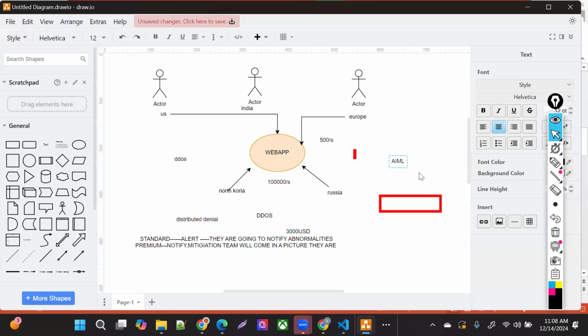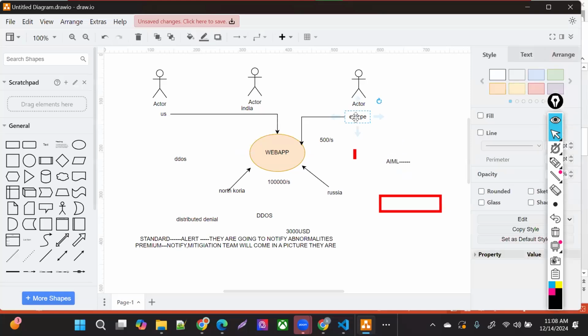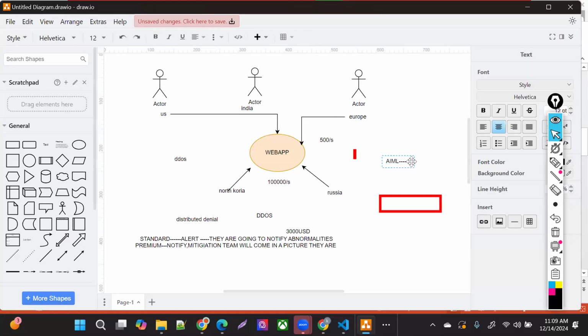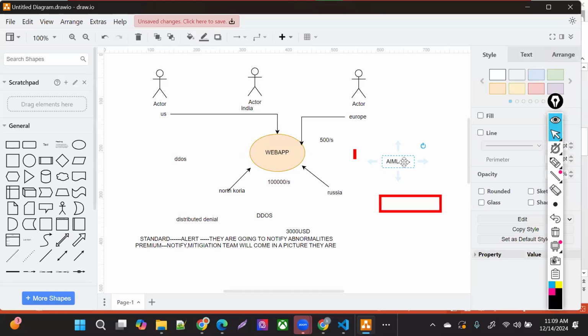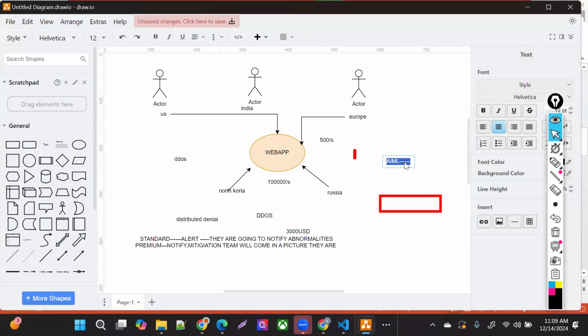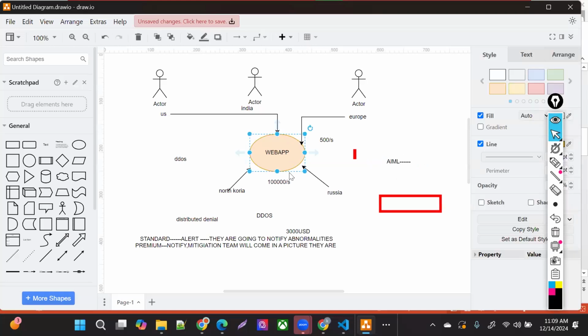They are going to analyze it on a day-to-day basis, how many requests you are receiving, and generally from what source you are receiving them. For example, I'm receiving my requests from Europe, but all of a sudden I'm receiving them from North Korea. So they are going to analyze that by machine learning mechanism. They are going to analyze your request, right? So first thing is you're not going to do many things with that DDoS. The majority of the things Azure is going to do there. But what they are going to do, I'm going to tell you that. So that machine learning and AI/ML part, they are going to analyze your day-to-day request.